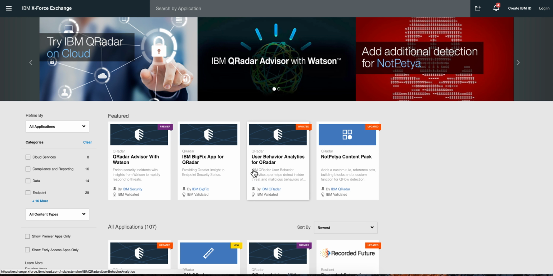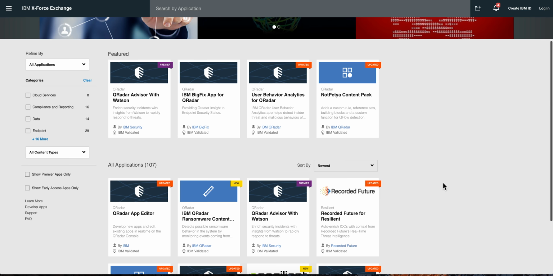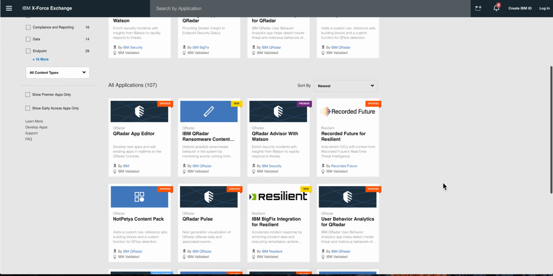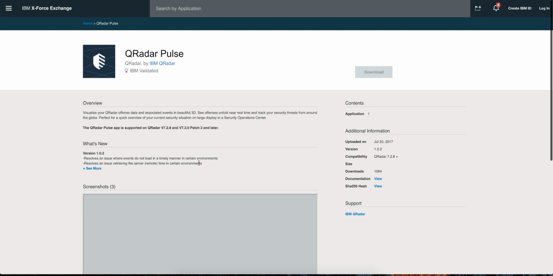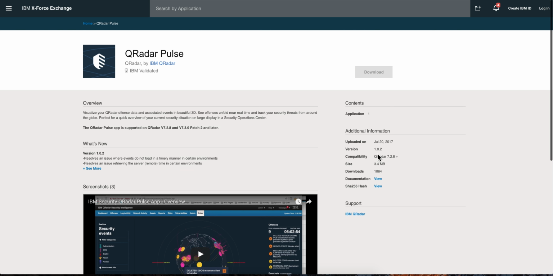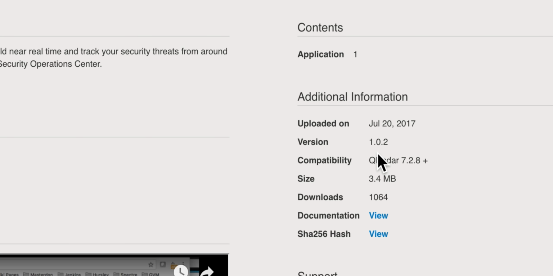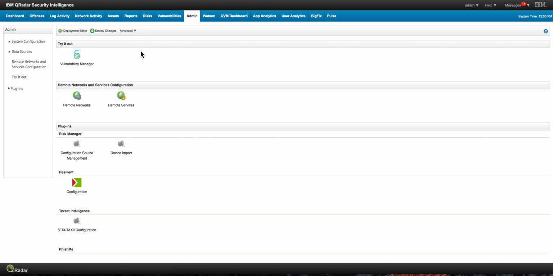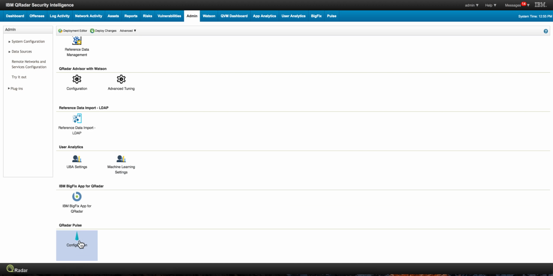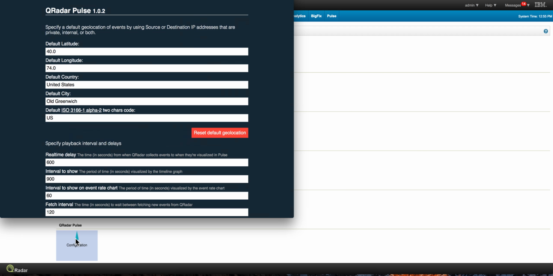In most of the SOCs that I have visited, there is at least one large flat screen TV, and I have a nice candidate for an application to put on it. This is QRadar Pulse, tested version 1.02. Installation was a breeze. Once I did the install, I got this icon on the admin tab,